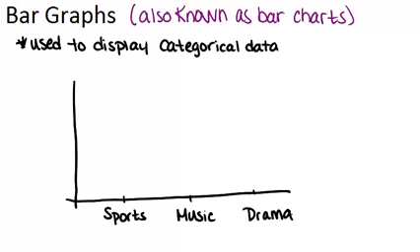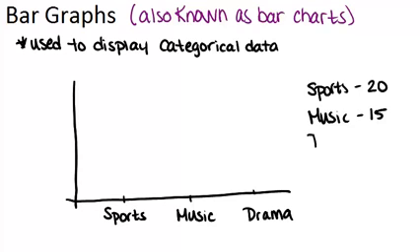Then you need to know how many people fit into each category. So let's say sports was 20 people, music was 15 people, and drama was 10 people, just for